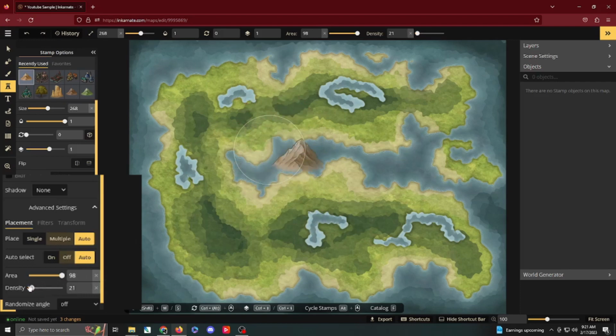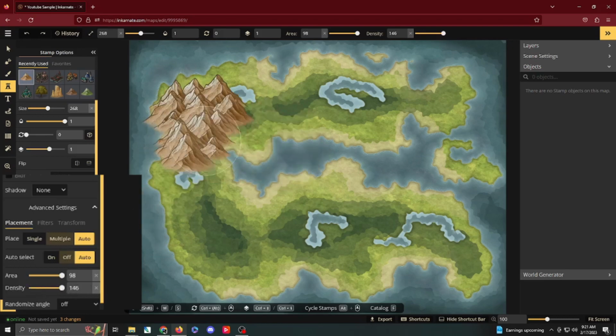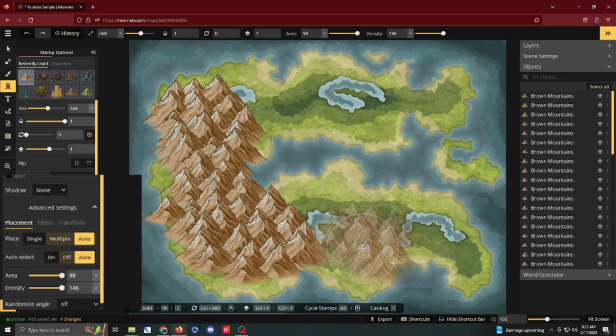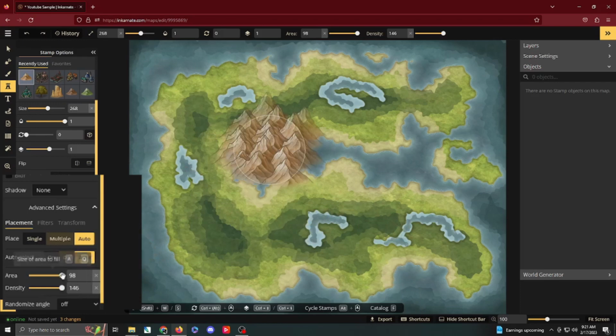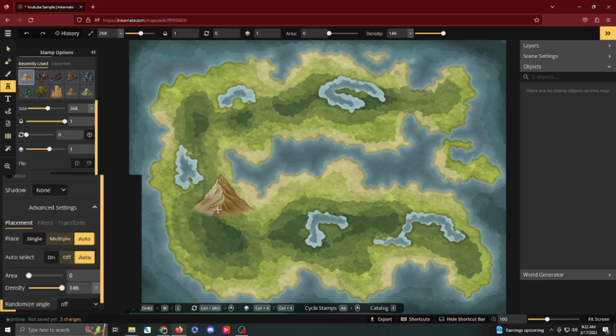So if I set that really low, it's going to make it really low. It's going to set it really high, and it's going to pack them in there, okay? So you can see how that would be able to pack in some mountains fairly quickly. Now, especially if you're making huge mountain ranges and things, not a bad plan. Now I'm going to start off with this set to 0, so it's going to be back to the individual